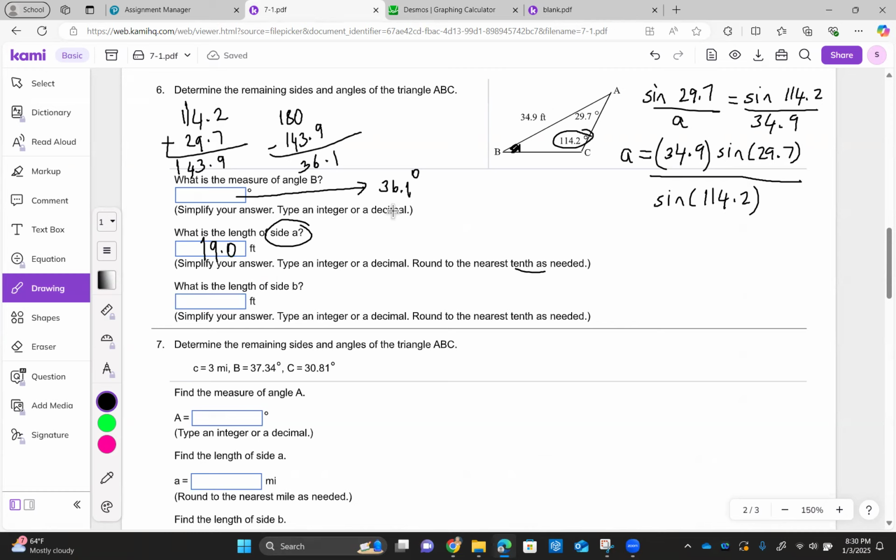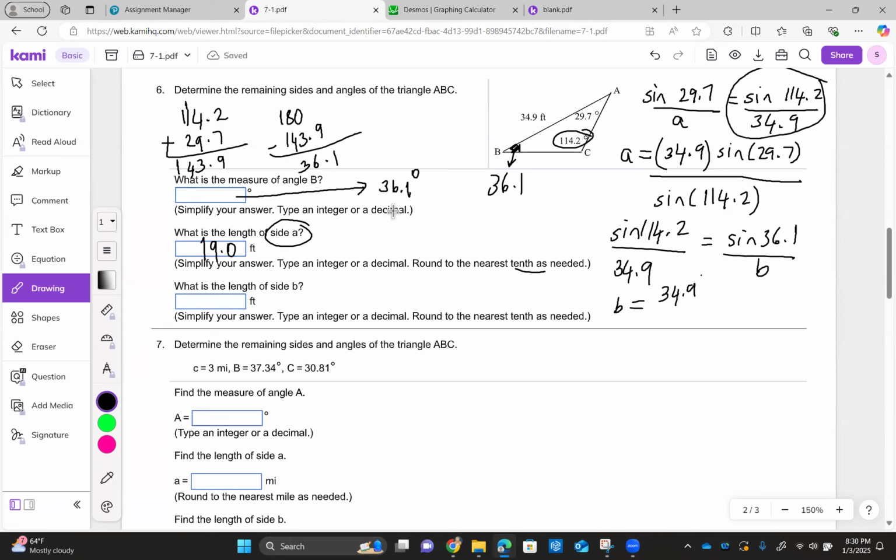Now for side B, we will still need this part, because this is the only one where we have the angle and its corresponding side. So sine 114.2 over 34.9 is still needed. But this time, we're going to make it equal to the angle we found in part A, sine of 36.1 over side B. And when we do cross multiplication, B will be equal to 34.9 times sine of 36.1 over sine of